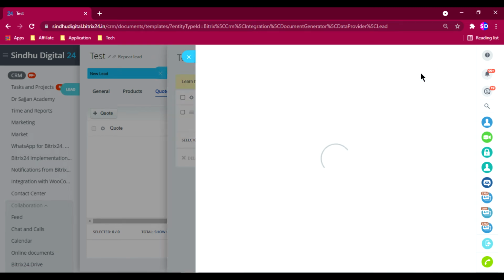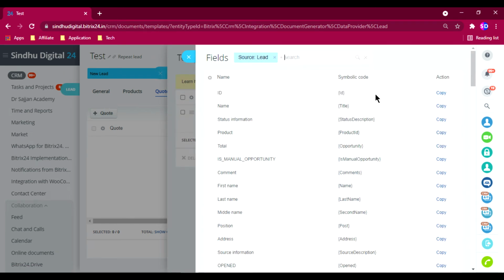Okay, fields. These are the fields we need to put in templates. If you want to create a manual template from your side, you just open the Word document, and you should put the name of the ID, and also the symbol at the place where you need to capture the data.